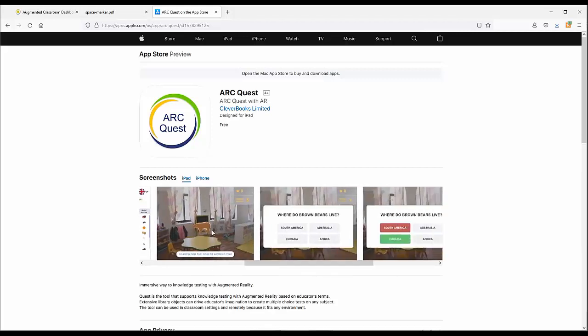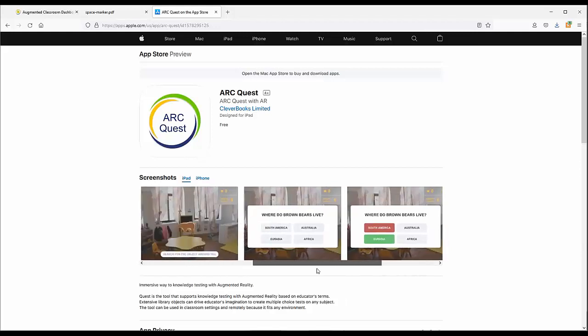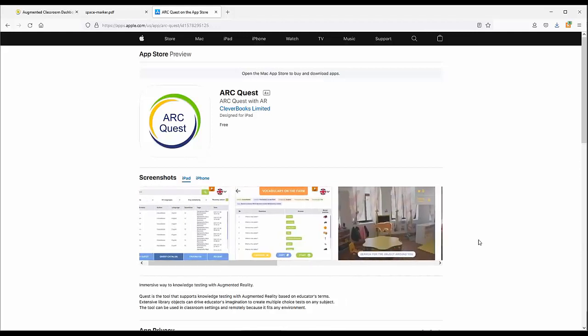So you can see that I searched for a bear. Once I found the bear, I clicked on it, and then the question pops up: where do brown bears live? So the students have the opportunity to actually answer, and they would also see if it's a correct or incorrect answer, etc. So with this tool, you can create any quizzes for any type of subjects, and provide this interactive